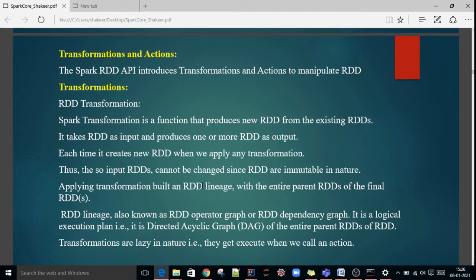By default all the transformations are lazy in nature. Lazy in the sense, unless you trigger, that memory allocation will not happen. In the same way, whenever you create some transformation, just a DAG will be formed. That's it. Once you perform some action, then only that DAG will be converted to a logical plan, and that will be converted to a physical plan. So the DAG is logical. Once you perform some action, it will be converted to a physical plan. Then based on the logic, it will execute the code.